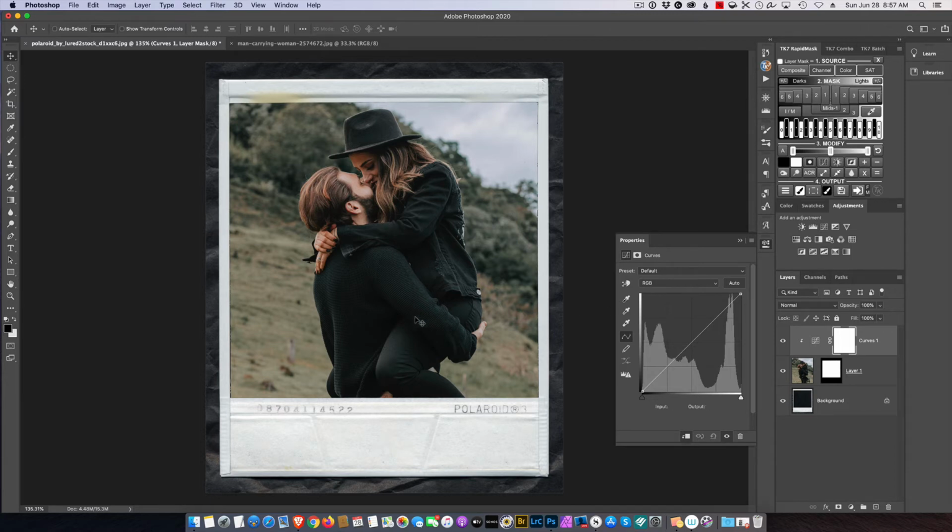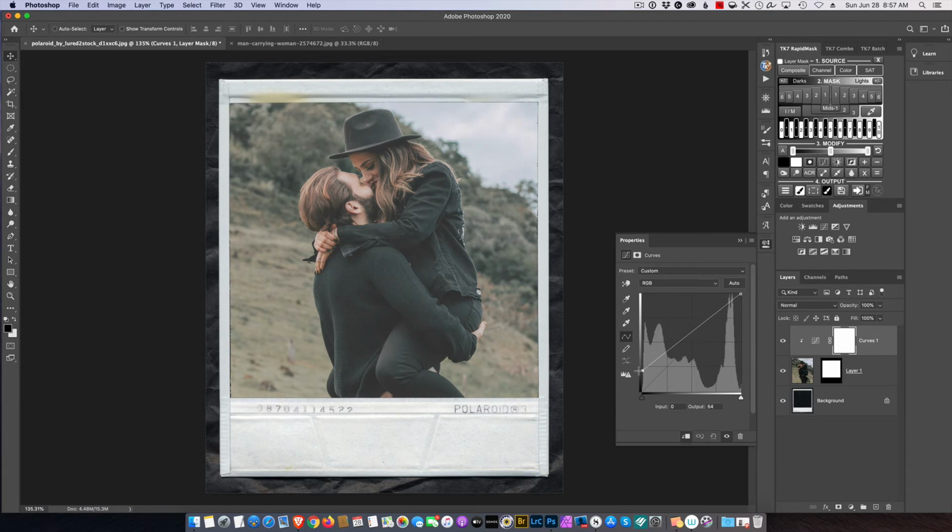So looking at this one here, we need to turn it into a vintage look where the colors have faded a little bit. Come to the lower left here in the shadow areas and drag it straight up. You can see how much we're fading it. How much is up to you. I'm going to say about right there. And you'll notice, what we did is we decreased the contrast, made it the